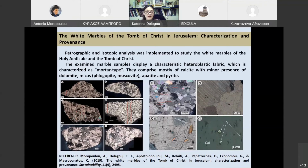Another archaeometric analysis and investigation that took place concerns the white marbles of the Holy Tomb. Our goal here was to validate and to see if all the historical testimonies that the indoor white marble slabs of the monument, as well as the claddings of the Holy Tomb, were of Proconnesian marble. So, to cut the long story short, because we need to pass to the second part,